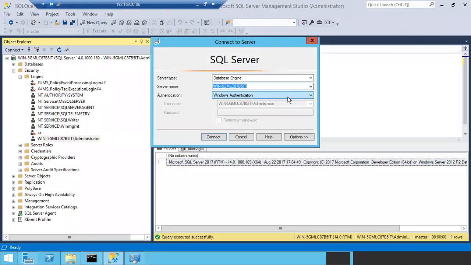So it will take computer name slash administrator. If you choose Windows authentication, it won't ask username. Why? Because Windows authentication is nothing but the account with which you logged into the Windows machine; the same account will be used to connect to the SQL Server also. So that's why it is not asking username.